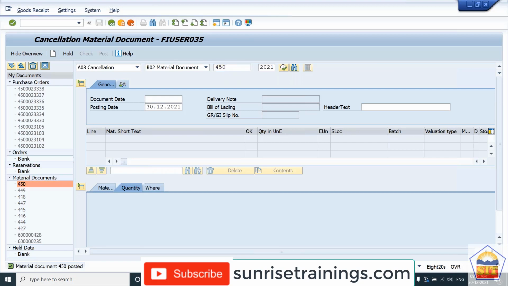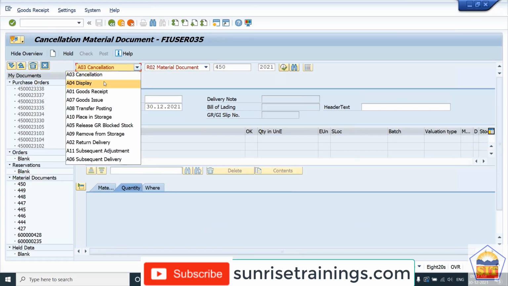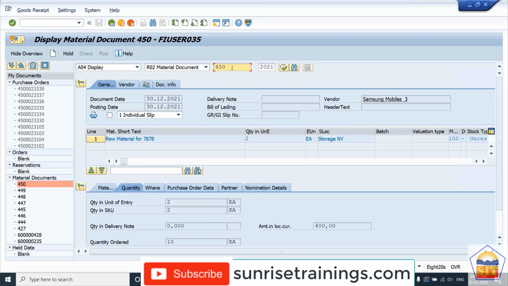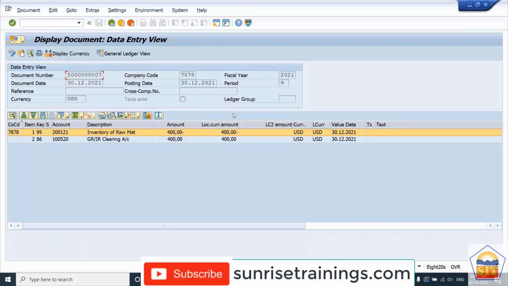Go to the 450 document and then we can display. We go once again to MIGO display. It will automatically take your latest document number, 450, and then we can go to the document information, FI document.